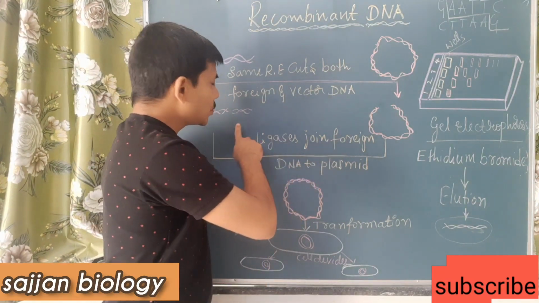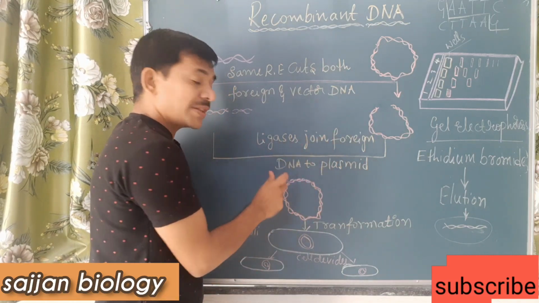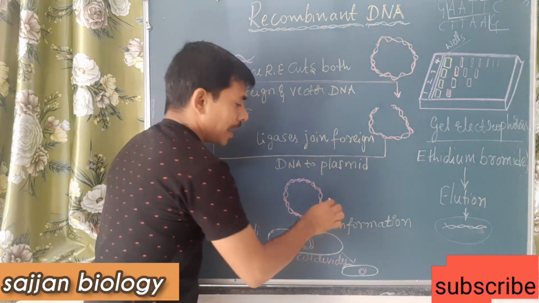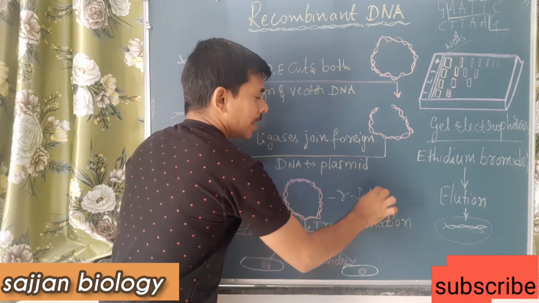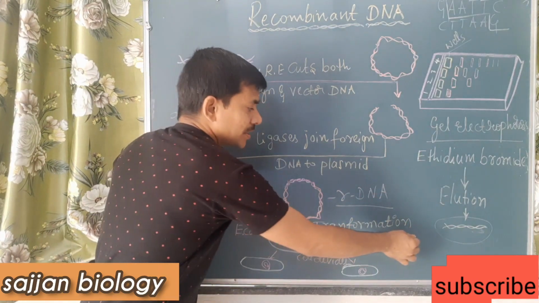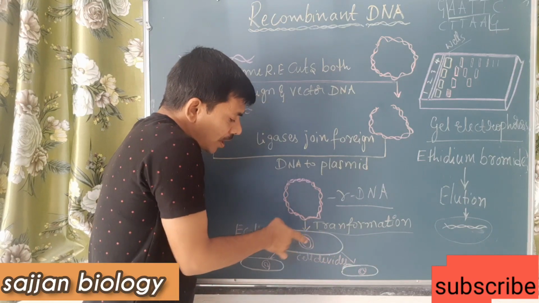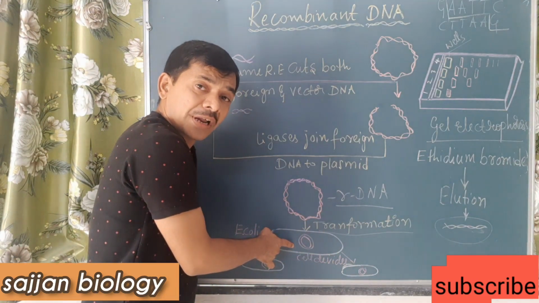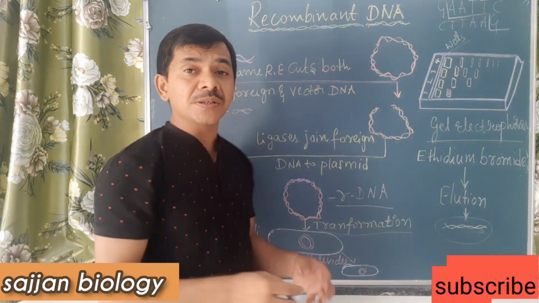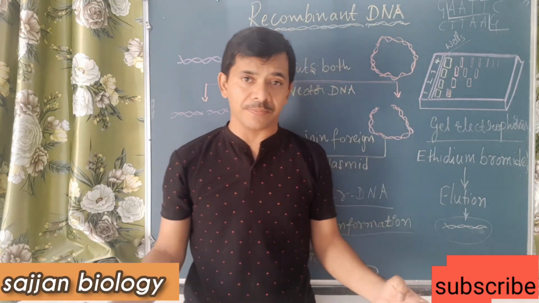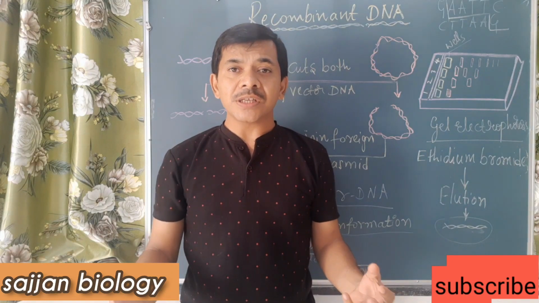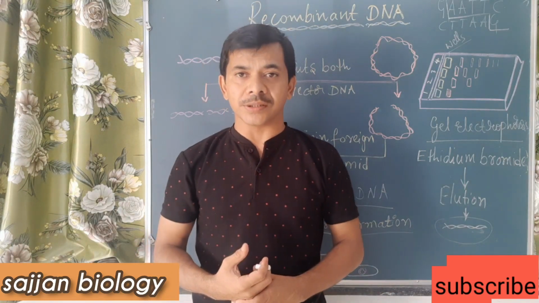So when these two fragments are joined by using the DNA ligase, it forms the rDNA, and this is actually an rDNA, and this rDNA we need to transform. What is transformation? Introducing rDNA into a bacterial cell is called transformation. After transformation, these bacterial cells start to divide, and to culture these bacterial cells, we must provide appropriate conditions.